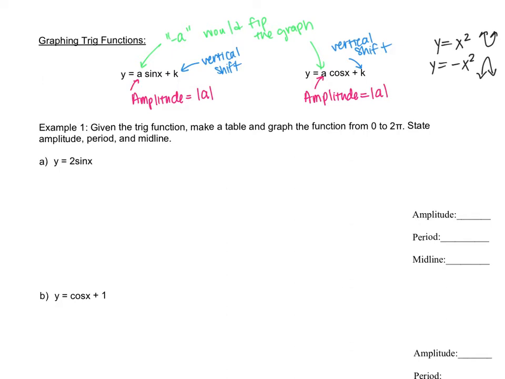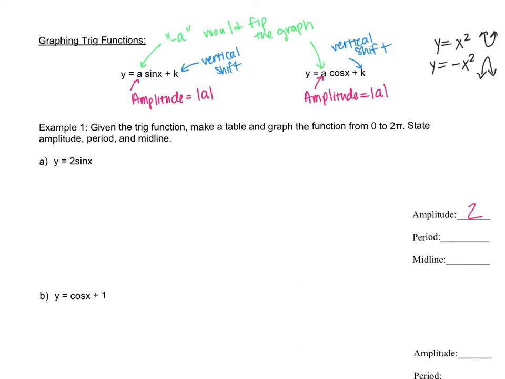But I want us to look at these graphs, make a table, investigate what that graph is going to look like by plotting those coordinate points from the table, and then stating the amplitude, period, and midline. All right, let's get started, guys. For the first one here, we have sine, and it's a 2 sine x. And so that means this 2 here that's in front is our amplitude. So I already know, without even graphing, my amplitude is 2 because it's a number in front of my trig function. And just to keep in mind, I have a positive 2 here. So if this was a negative 2, it'd still be a positive 2 for the amplitude,